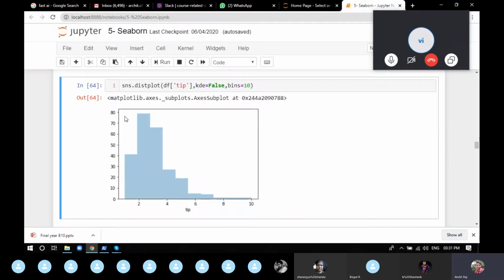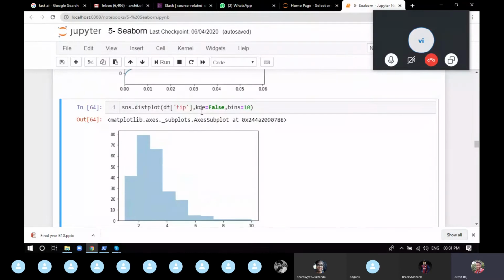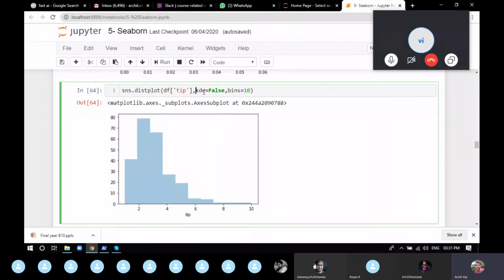So we just use one particular parameter, which is kde equal to false. KDE stands for kernel density estimate. If kde is true for this particular function, it's just going to give you the output in kernel densities, like what is the density of the output. But if you want the exact number, not the density, we go for kde equal to false.